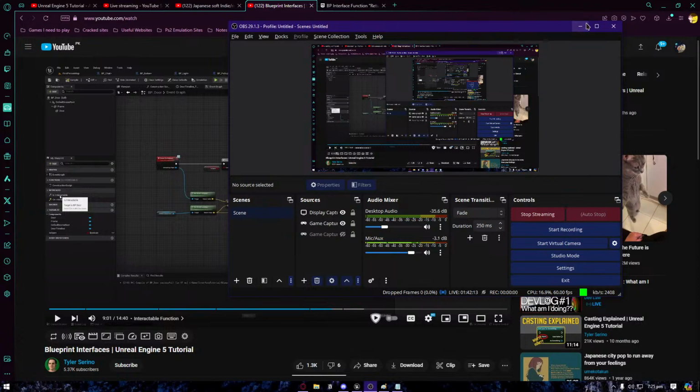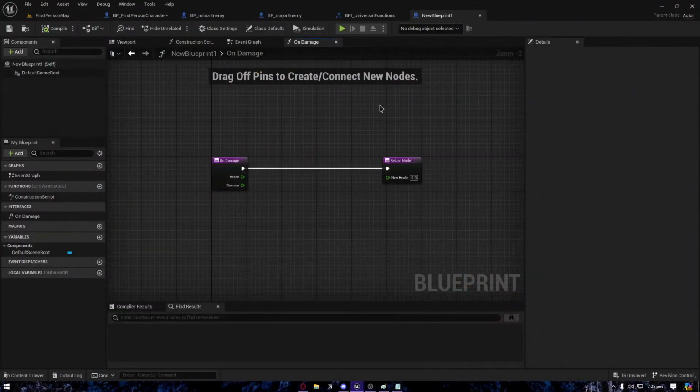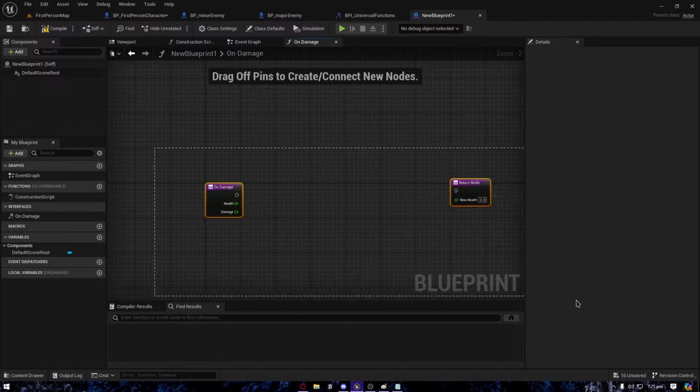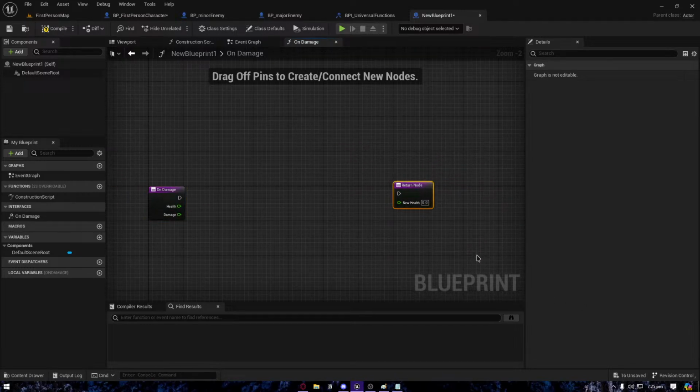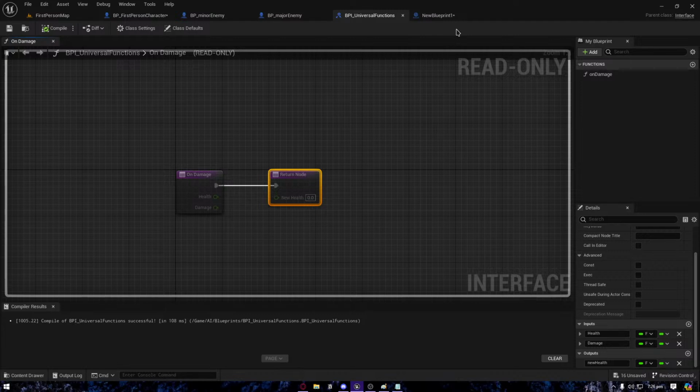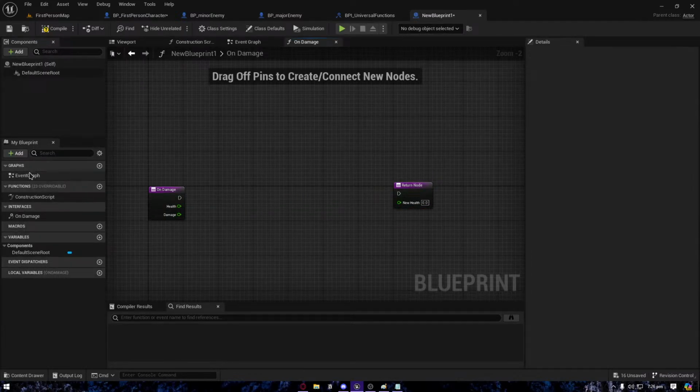Wasn't that so hard? I mean, wasn't that hard? Anyway, so this is how you access the function. We learned something new today. Congratulations. So if you have an interface that has a function that returns some kind of a value, it is treated as a function, not as an event, as it would if it didn't have a return node. Since this does have a return node, this is